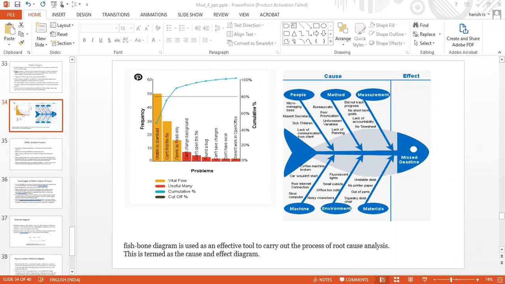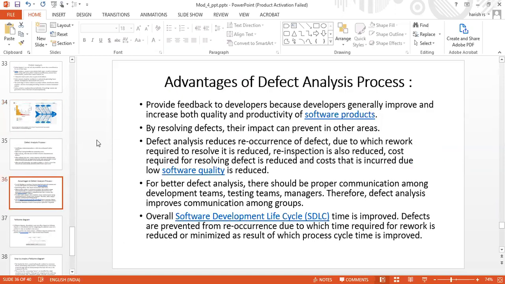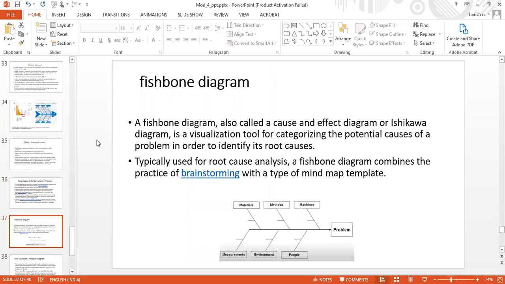So what we see is that we define the problem. The problem here is the deadline. They missed the deadline, so we backtrack the problem and see what the defect is. What is the cause of this defect? Drawing this diagram is called a fishbone. So now let us see what a fishbone diagram or fishbone technique is.